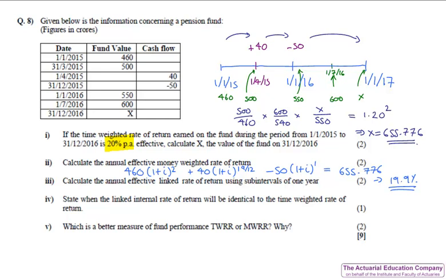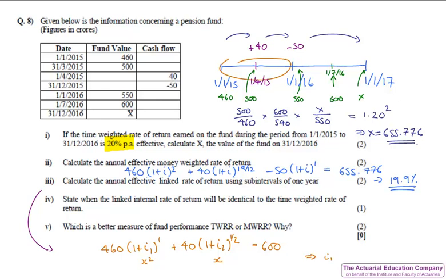For the third part, we have to calculate the annual effective linked rate of return using subintervals of a year. What we have to do is calculate the internal rate of return, or equivalently the money-weighted rate of return for each subinterval, and then link them together. So our first subinterval is that first year, and we started with 460, accumulate that to the end, 1 year, and then we had cash inflow of 40, accumulate that to the end, and that should give the money that we had at the end of that period. Well, again, remember it's 550 after we've taken out 50, so before that it's 600. You could call this x, then this is x squared and solve a quadratic, in which case you'll get I1 to be about